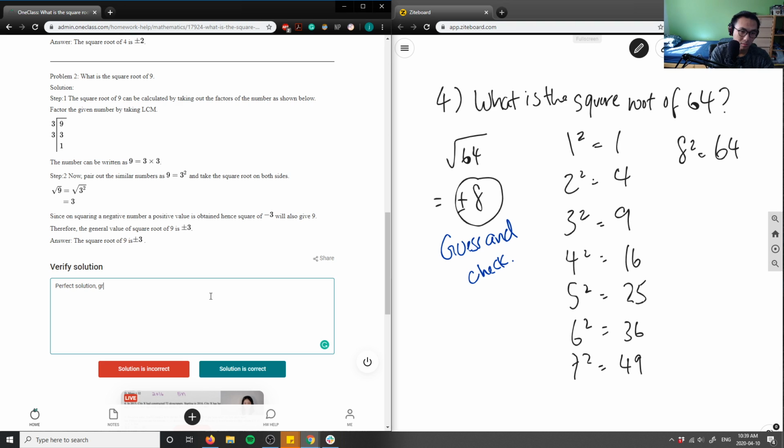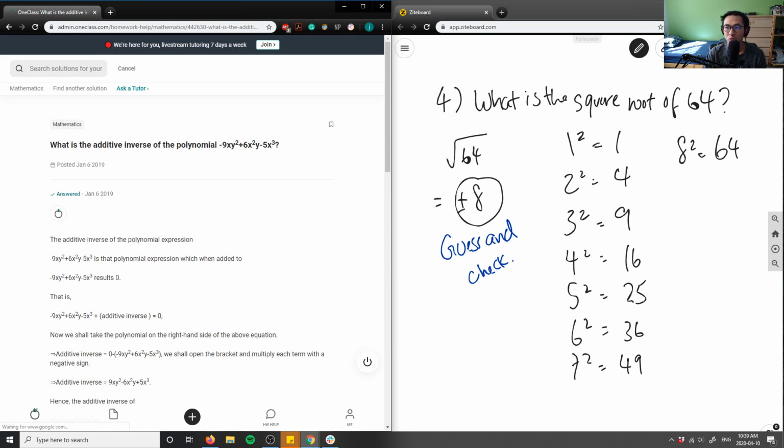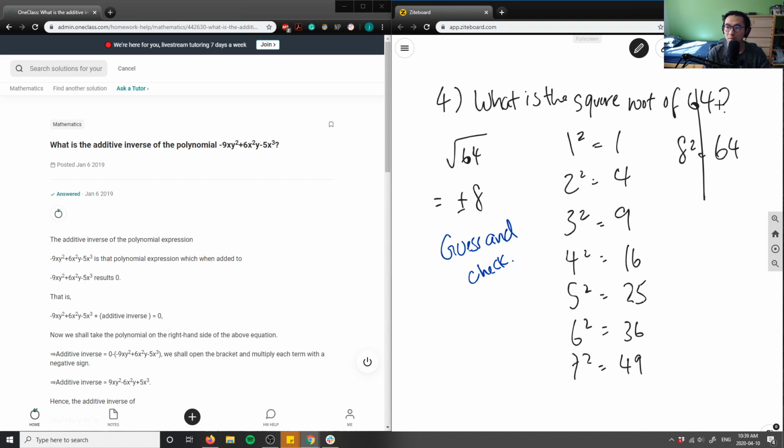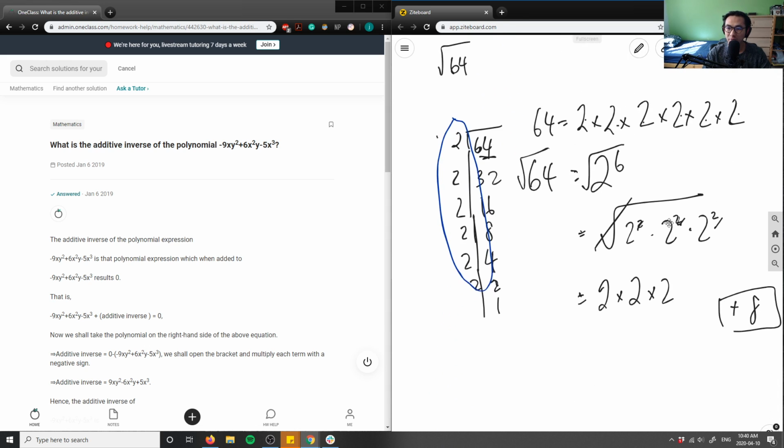Great, step-by-step analysis. Sweet. I'm going to move slightly faster now, just because I do want to cover everything we have today. We have about 5 more questions to do. So this is number 4. Sorry. I'm going to move slightly faster.